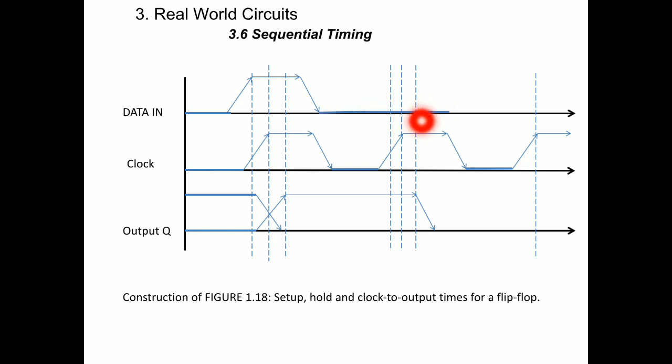You can see the data which occurred here, logic 0, and at the next clock edge the data is maintaining 0. Before the clock edge the data is 0, and after the clock edge also the data is 0. So at the clock edge, the Q output captures the value 0. It is going to 0. It is capturing the 0 value, and you can see it holds 0 till the next clock edge.